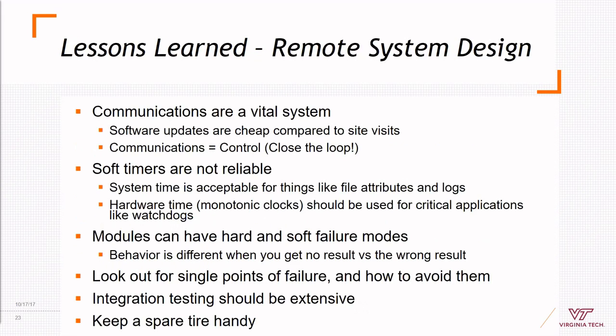So with that, let's talk about some lessons learned, and I guess we'll open it up for discussion after that. But I think from our experience, we can say a couple good things. First, communications are a vital system in remote systems design. Software updates are cheap compared to site visits, as I just said. If you're a member of a CubeSat team or something to that effect, site visits are pretty much out of the question. So